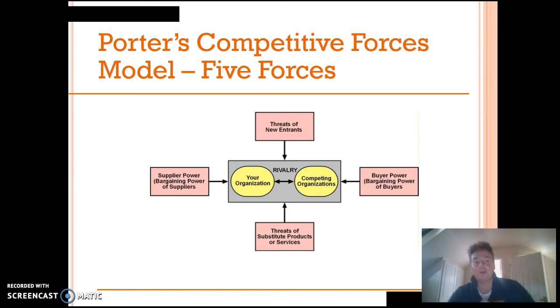Something to remember when applying the 5 forces, and this is really important because I think it's something where people maybe slipped a little bit in the summer exam, is to define what the industry is and who the buyers are and who the suppliers are. If you're thinking from the point of view that you're Dunnes Stores or Paddy Power or a local bookshop, decide who your suppliers and buyers are.